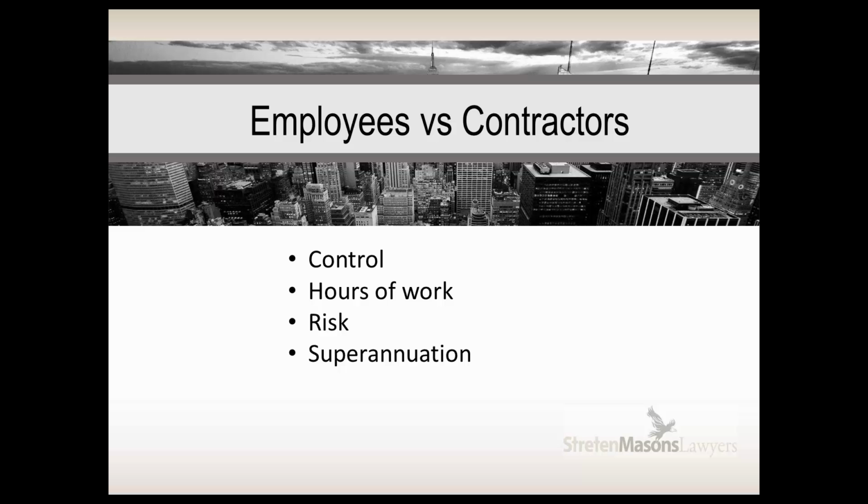The other big one that most accountants would be asked about by their clients would be superannuation. So obviously employees are entitled to be paid superannuation, whereas an independent contractor is not, and they pay their own superannuation. Tax, which is the other one that accountants would come across quite a lot. As we know, for employees, an employer must deduct or withhold the tax, whereas an independent contractor is required to pay their own tax and their own GST if it's applicable.